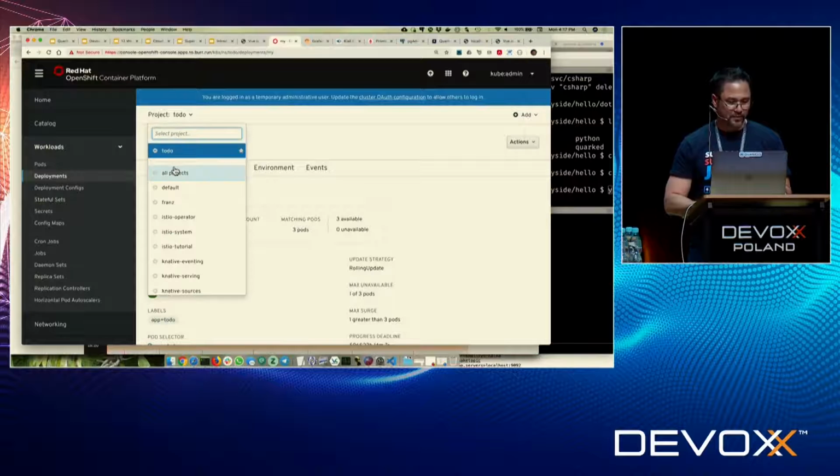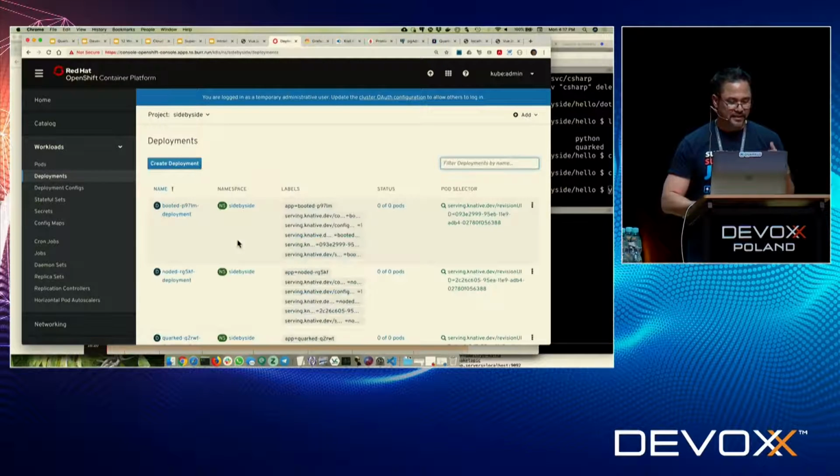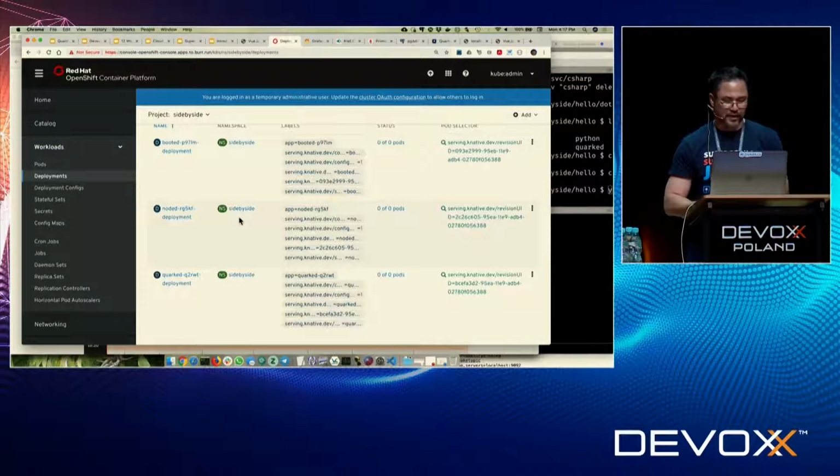Deployments. But I do have deployments. Let's look at them real quick. I have side by side. This is actually a technology known as Knative. I'll do a deeper dive on Knative tomorrow. But you can kind of see there's my Spring Boot app, a Node.js app, a Quarkus-based app. They all do the same thing, but there's 0 pods running right now because there's 0 load associated with the